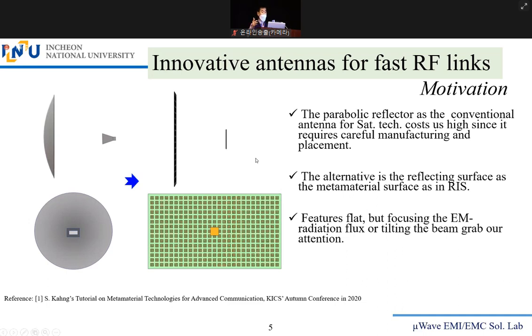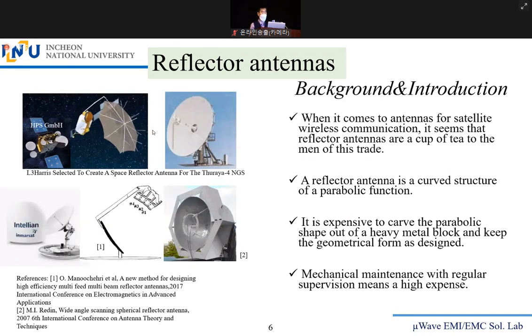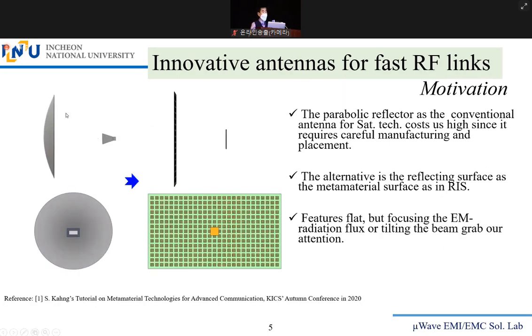That's the thing I have done more than 1 decade, almost 2 decades, 20 years. So you can visit my office or you can visit my portal where a long list of the metal materials work is introduced. And let me visit the field of the reflector antenna. I was talking about the necessity of converting the curved structure to a planar structure by maintaining the same function.